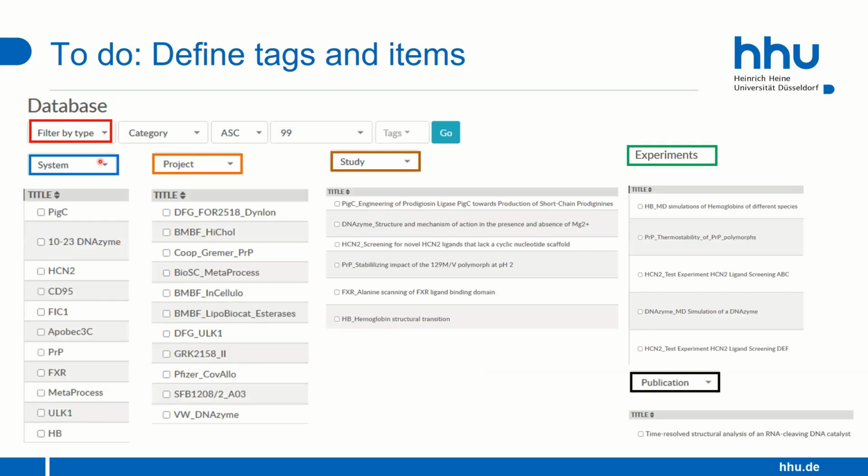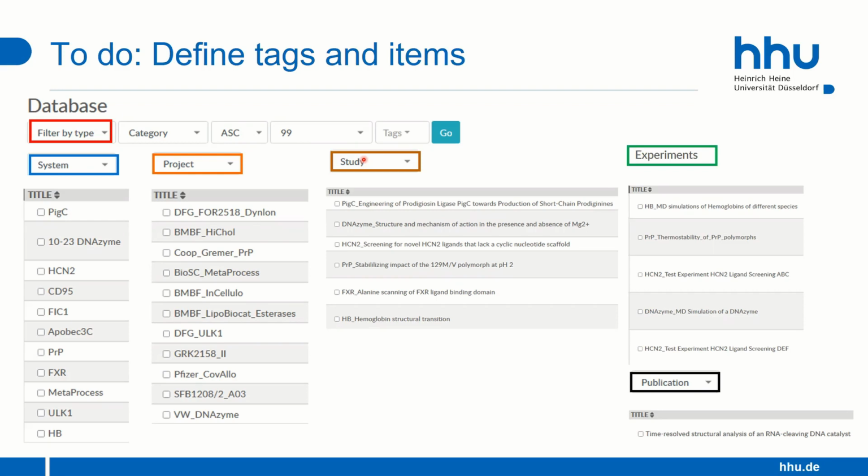In addition, as I said, we had to define this hierarchy of systems, projects, studies. And this is something that one needs to do once. But from what we learned, this really pays off. It requires a person that has an overview of the work in the respective working group, for example, but later it is very easy for users essentially to adapt this to their needs.